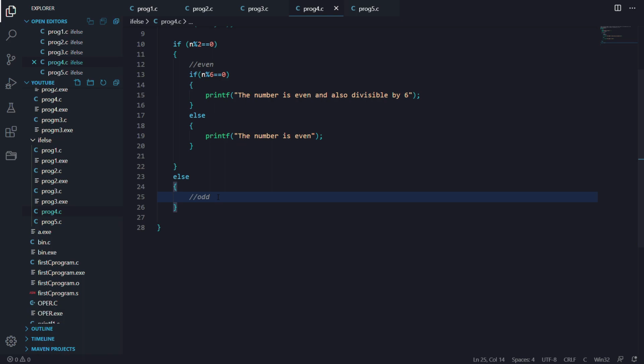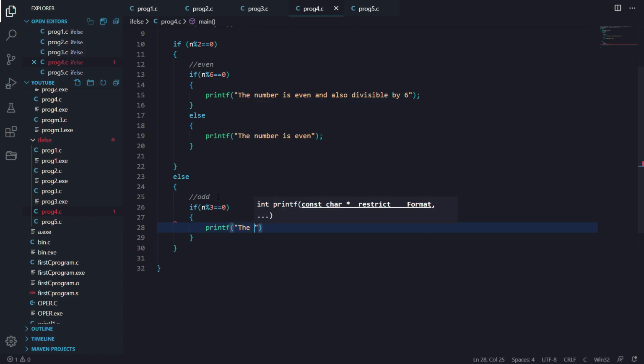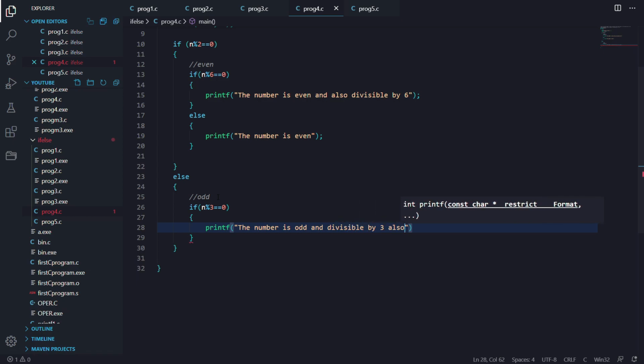Now if the number is odd, we have to check if it is divisible by 3 or 5. So let's say we will start our if block, and modulus 3 is equal to 0. That means it is divisible by 3. Then we will print the number is odd and divisible by 3 also, then semicolon, and else if